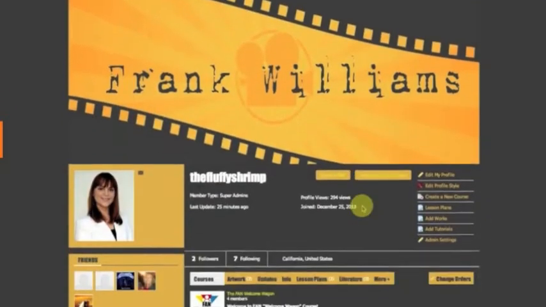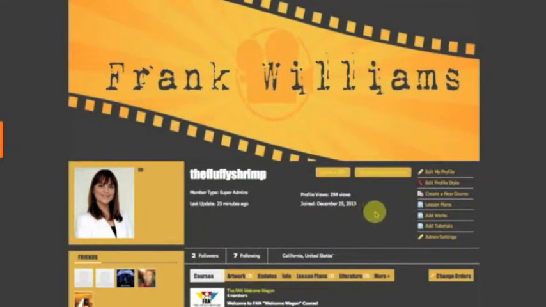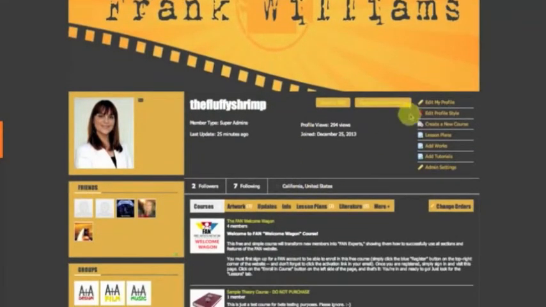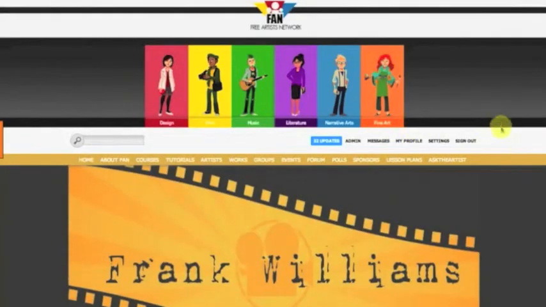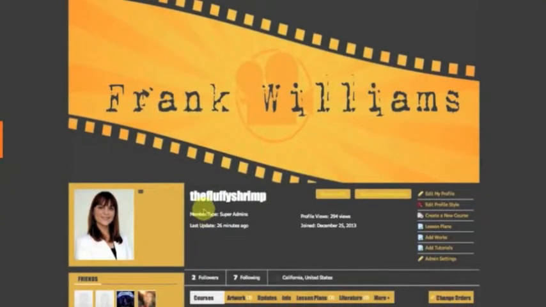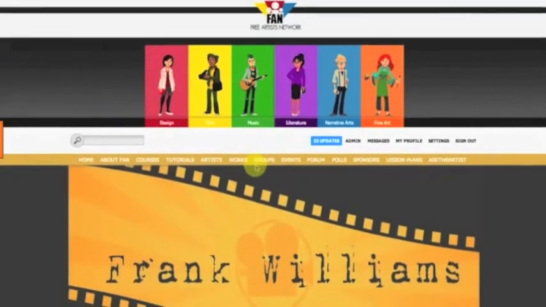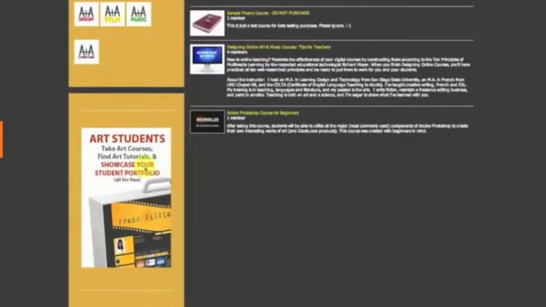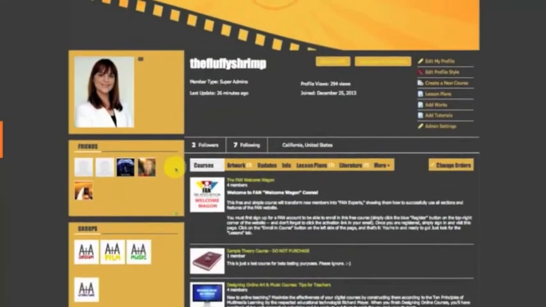Now, if you want to become a premium member, which is optional, you can click on Upgrade to Premium, which is located right here, or you can even send a premium membership to one of your friends. What this does is it removes the fan branding for users or visitors to your profile. The fan branding we mean is the fan logo and the fan menu bar and so forth, which is located up here. So that way when other users visit your site and they're not logged into fan, they will only see this portion of the website. They won't see any of the fan branding anywhere. And also it removes ads from your portfolio page, but it is optional.